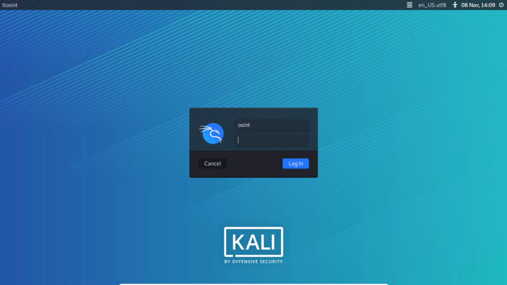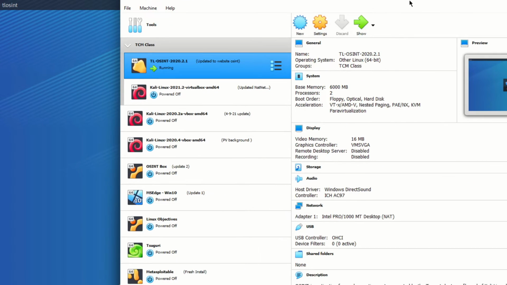So my first suggestion is download some type of virtual machine system. I know it's kind of odd, and you're going to hear mouse clicks and typing. I'll try and cut out the typing, but you'll most likely hear the mouse clicks just because I hate using my trackpad when I'm recording videos. But if you use VirtualBox,